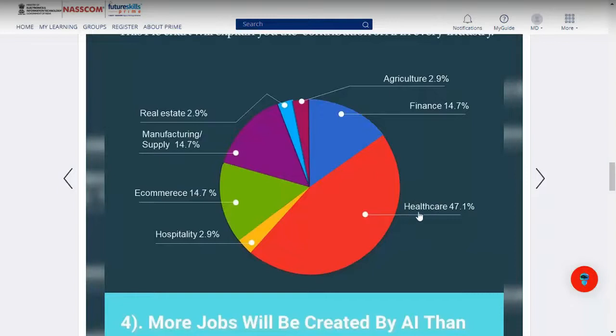Then, this is a pie chart which says what industries will be affected by AI. As you can see, healthcare will be most affected. Now you might think why healthcare will be most affected, whereas finance, agriculture, real estate and others will not be affected so much. It is because healthcare is the most vast of all. Healthcare is vast because there are many humans. There are more than 700 million humans, or a billion. I don't know the exact number. I think it's 700 crores.